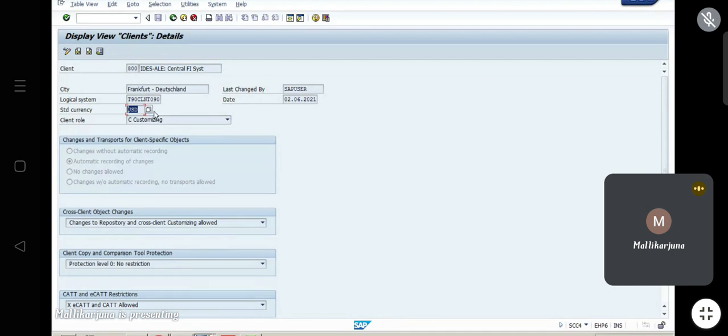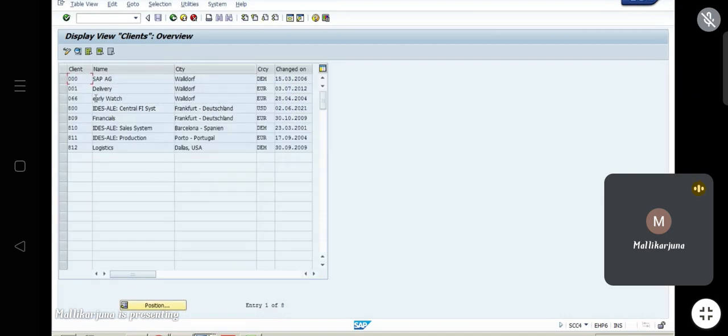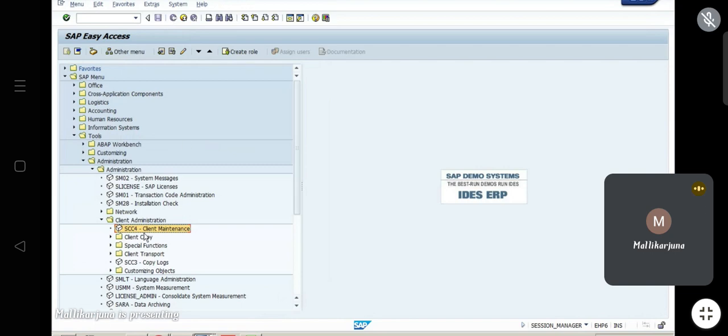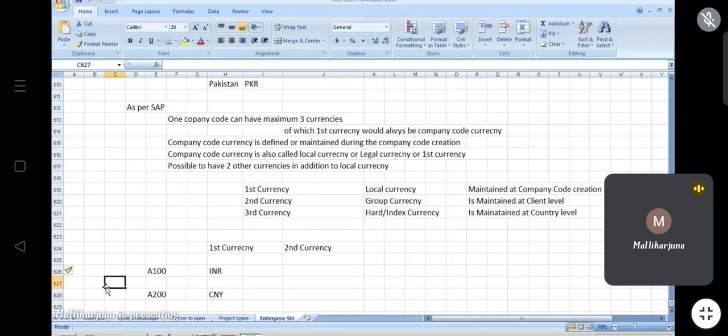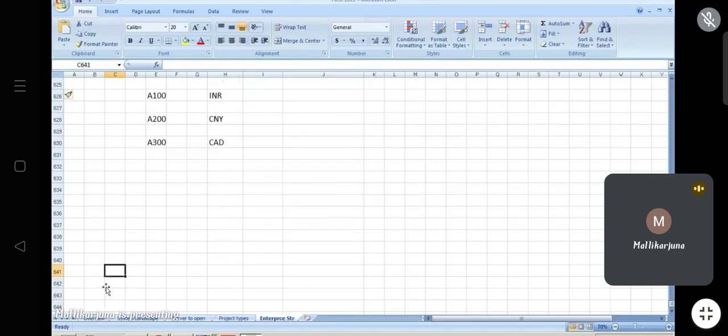Per client we have only one group currency. We cannot have multiple group currencies for the client. Group currency is maintained at client level. Okay. So for your information, I am just taking the path: SCC4. Don't change the currency at client level. It makes inconsistency, it will throw some errors. Again, you need to restart or you need to reinstall the